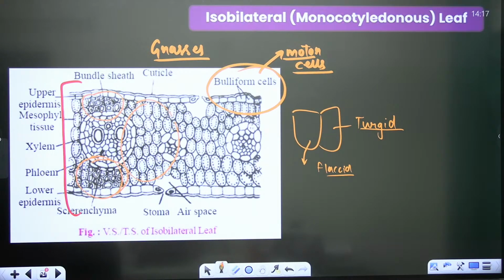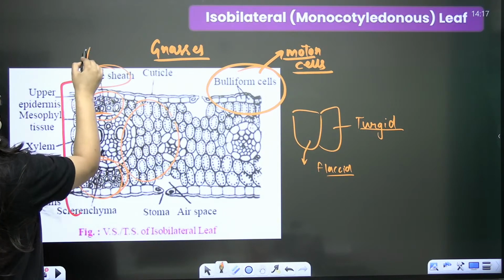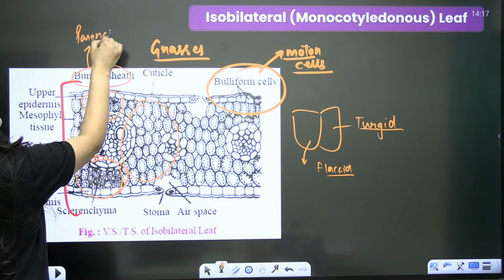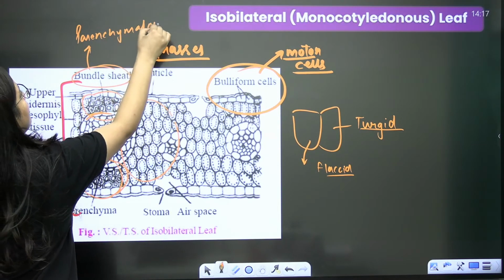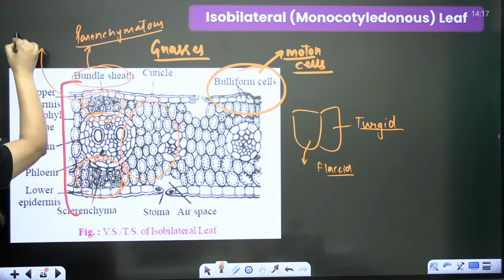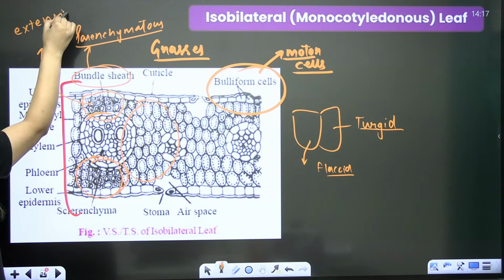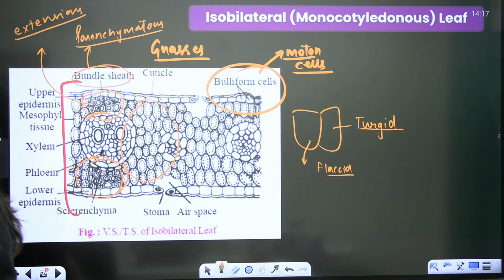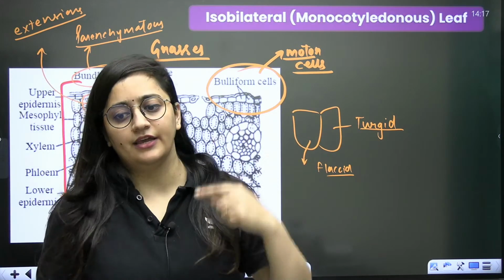Bundle sheath is parenchymatous, but it is further covered with the sclerenchyma. So intercellular spaces are less. These distinct patches of sclerenchyma are present above and below the vascular bundle. That's all. So the vascular bundle sheath is parenchymatous. Always remember, bundle sheath will be parenchymatous. It is made up of parenchyma only. But here you will see some extensions of bundle sheath which are sclerenchymatous, and you are going to see it in the case of the monocot leaf.